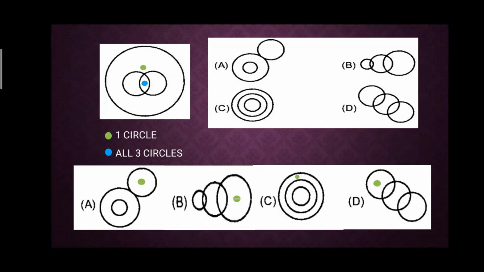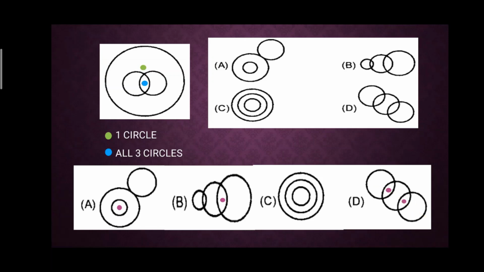Now I'll go to the second dot, which is all three circles. As you can see in option A, this pink dot represents only two circles. It's outside the third circle. Therefore this option is eliminated. Now in option B also, again an intersection of only two circles is possible anywhere in the figure. No three circles are together. Therefore we'll eliminate option B also. In option D you can see again only two circles are meeting at a time at any given intersection, here as well as here. Therefore option D is also eliminated.